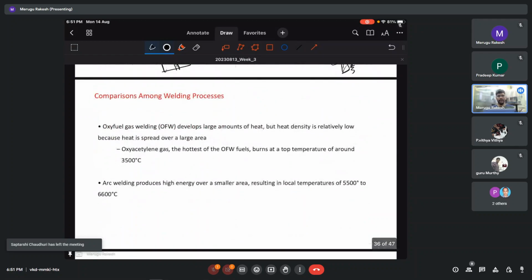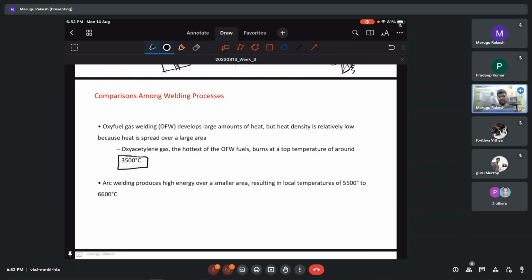So let us see the comparison between these welding processes. Oxy-fuel gas welding develops large amounts of heat, but the heat density is relatively low because heat is spread over a large area. The temperature is around 3,500 degrees Celsius. Oxyacetylene is the hottest of the